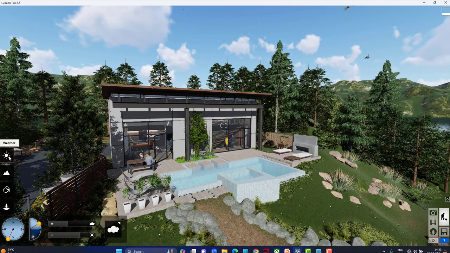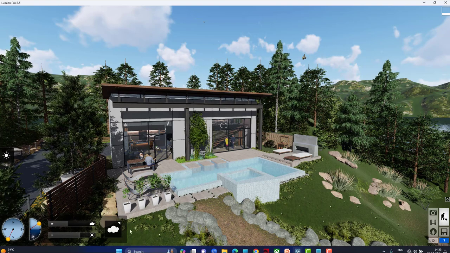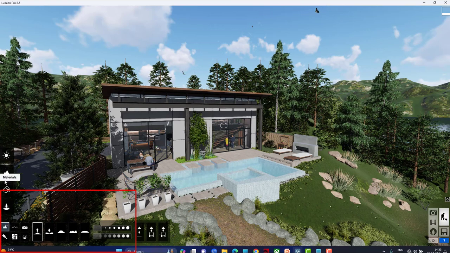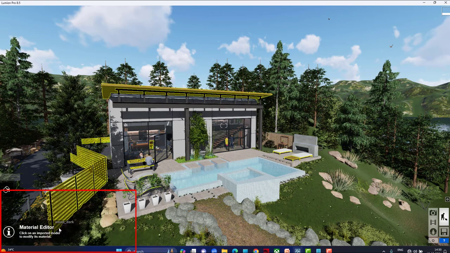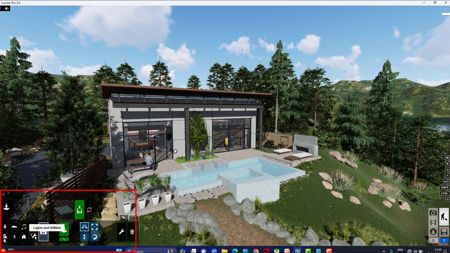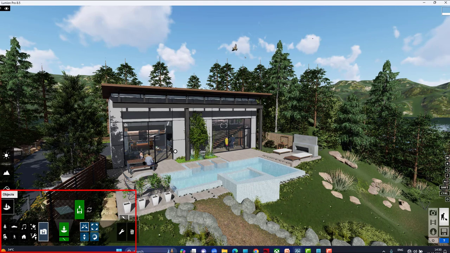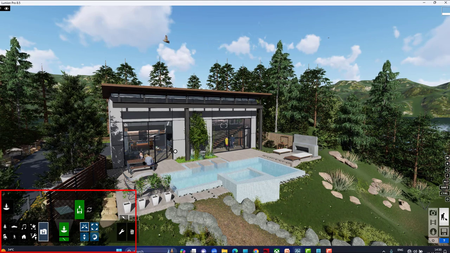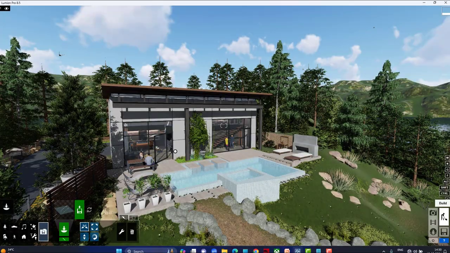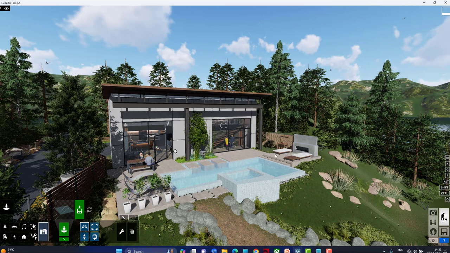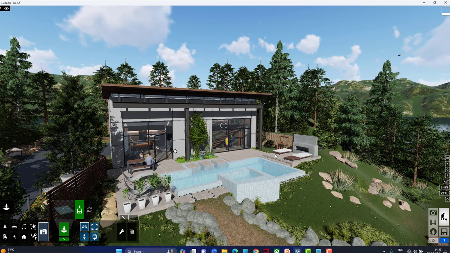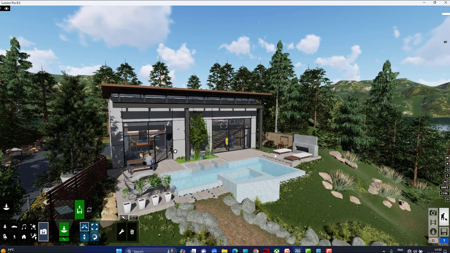Once you click on the weather, you will get the settings related to that here. If I click on the landscape, I will get the settings related to the landscape. Material, I get the material, and next when I click on the object, I will get extra options to modify the object. And then just come to the right portion. Here we have different modes of the examples, that are build. Now we are in the build mode. Whenever you import a 3D model, you are in the build mode to build or to decorate your model.